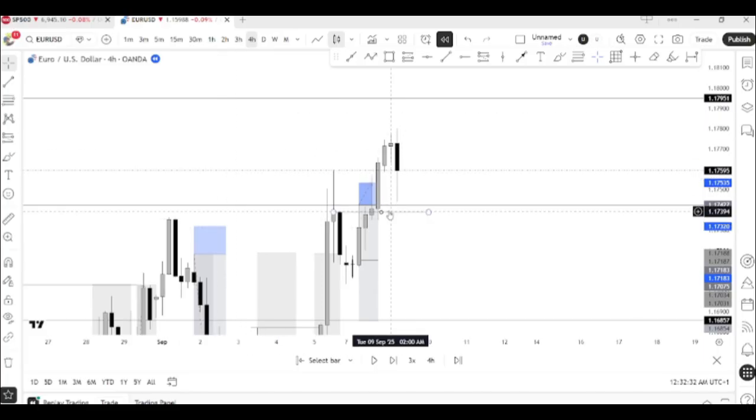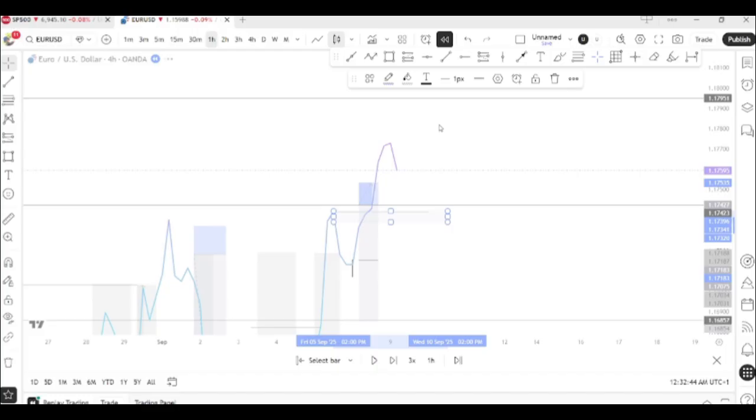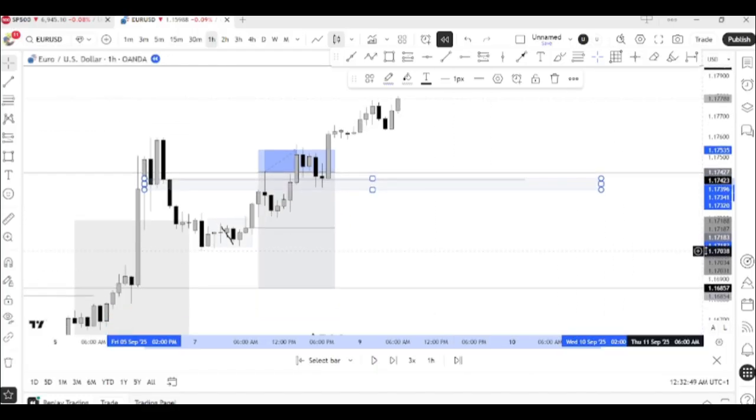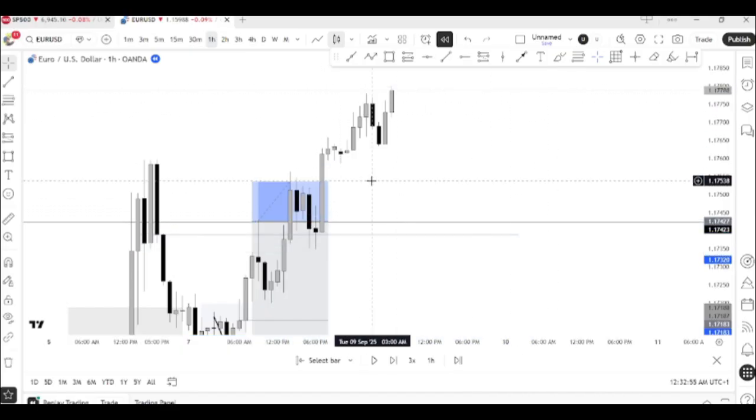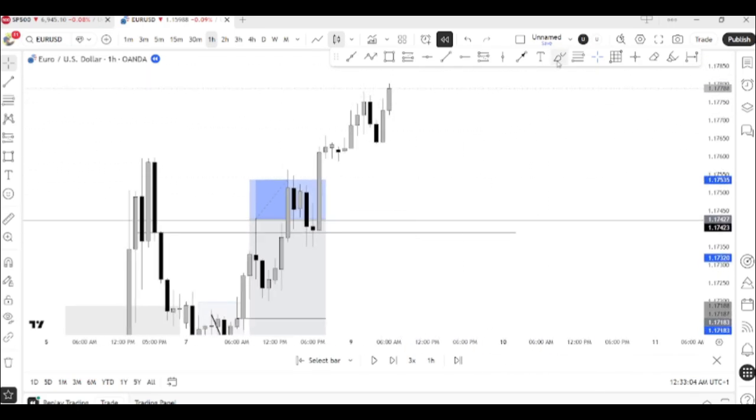Okay, we have this break here, and this place will not be a breaker block for us. But let's see 1 hour. That place is not really that fit. I'll use confirmation. I'll need to see price give me a break here, maybe on 15 minutes. Then I can buy from here. I'm not really sure about the trade. So